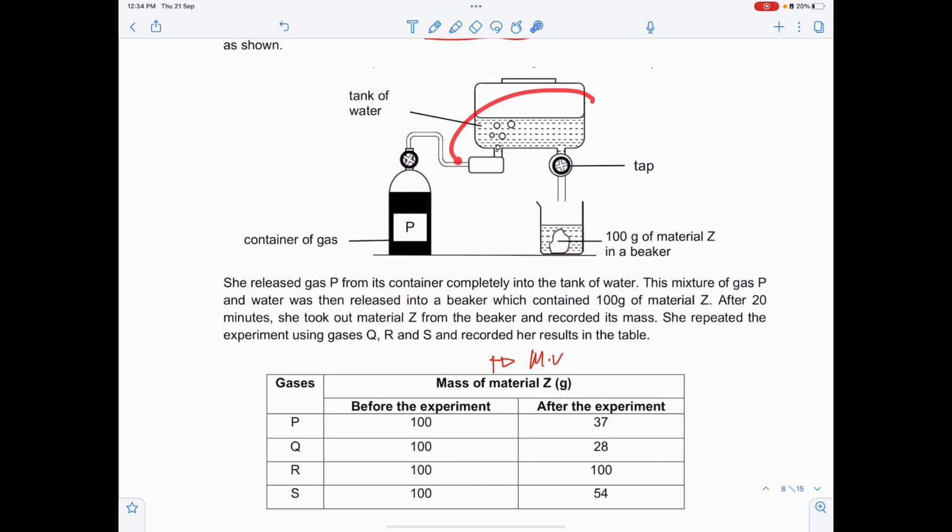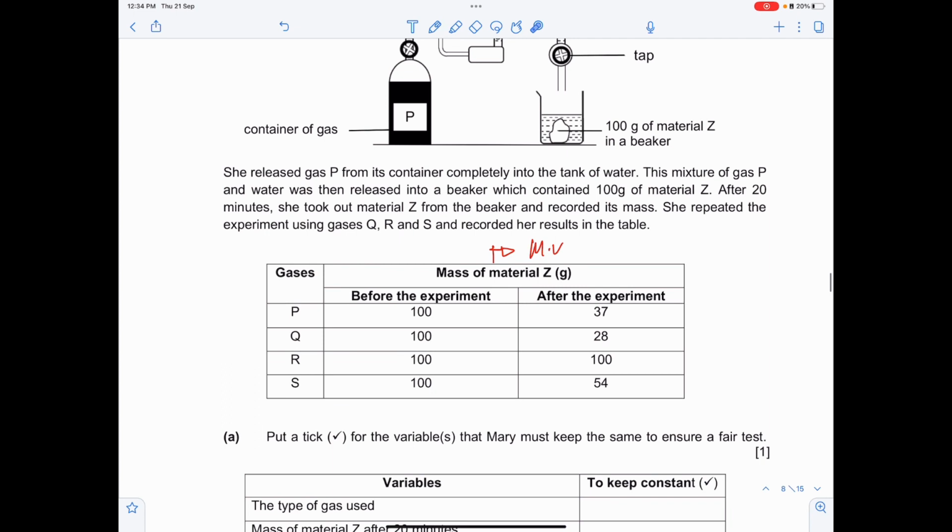So now this liquid actually contains the gas in question, whether it's P, Q, or R. And then they let it into this material Z. So apparently the one that is most corrosive, or the one that actually removed the most amount of mass, would be your Q. Because the remaining amount of mass was the least. So this tells you that Q corroded